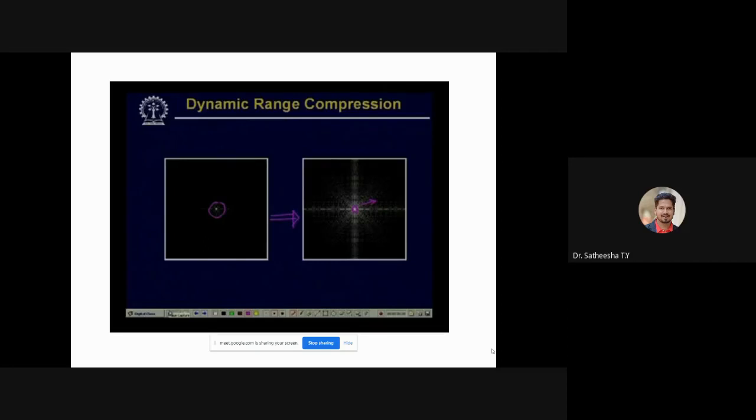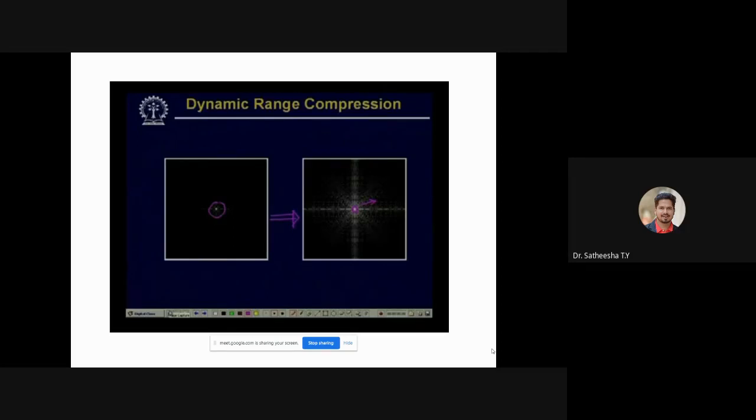You can find that only at the center we have a bright dot, and outside it the image is mostly dark or mostly black.